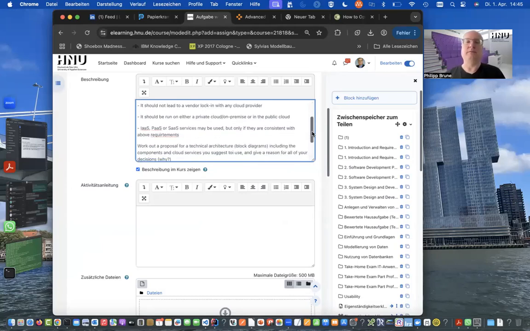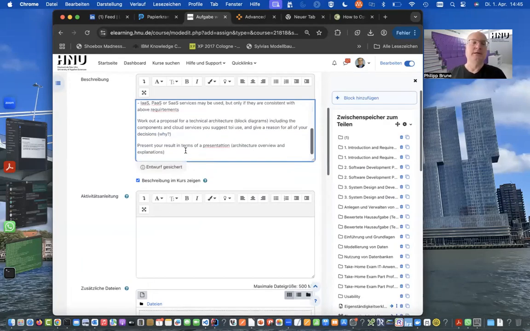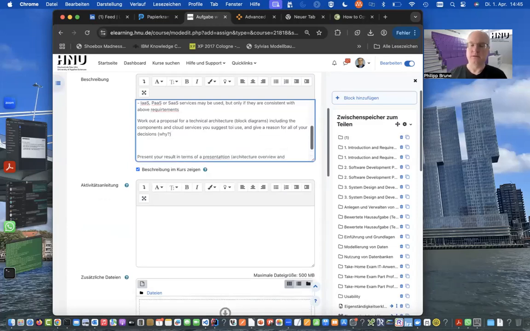So maybe to make it even more precise, what do you need to do? Search for candidates for each component that you need. Of course, in alignment with the requirements that I mentioned. So it must be open source, it must be, and so on. Yeah? And then